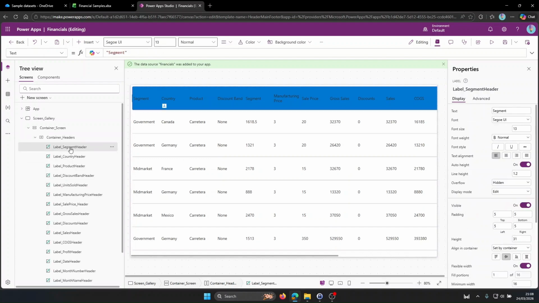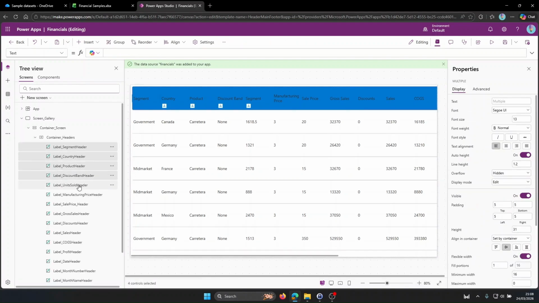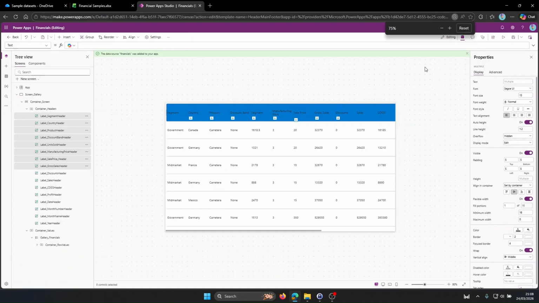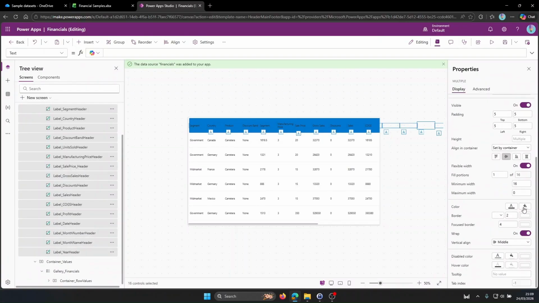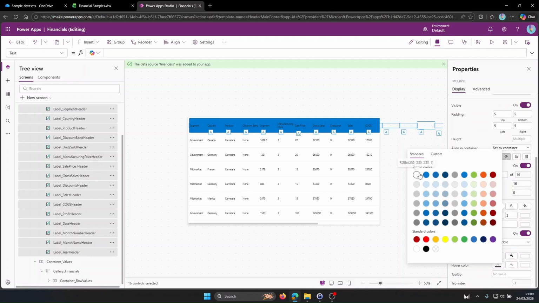A quick tip: group related controls into containers early and keep your layout structured. It makes future edits much easier. Also, don't rely on default names or styles. Taking a few seconds to organize and standardize now will save you a lot of time when your app becomes more complex. And if you're building anything reusable, this is the point where you should start thinking about turning sections